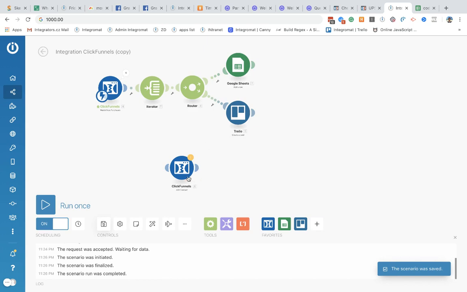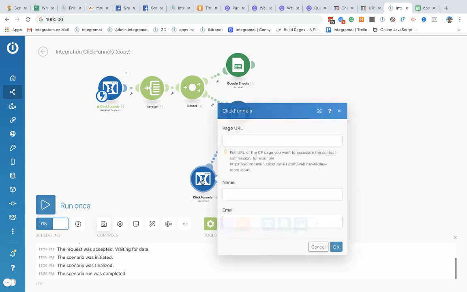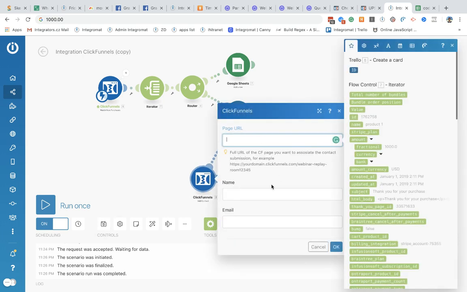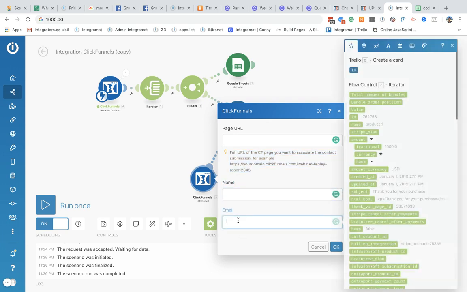So it will run in the background while we play in here. Okay, so let's connect the module. And we have basically one option here. You need to provide your ClickFunnels page which you want to associate with your contact, and then the name and the email. So that's it. This will allow you to add contacts to ClickFunnels from any other third-party services you want. So that's relatively simple,